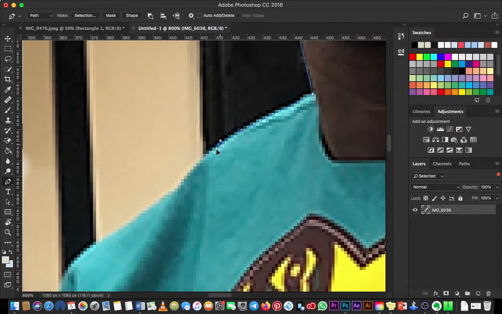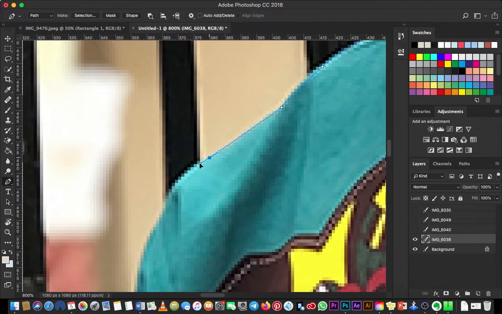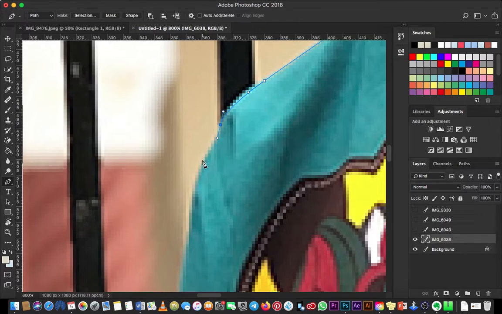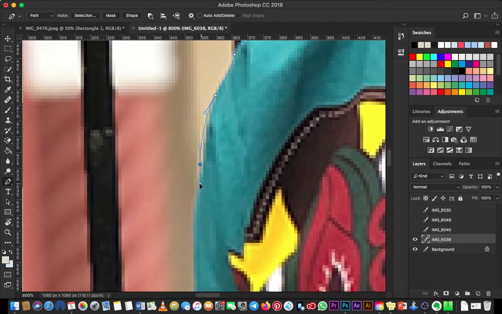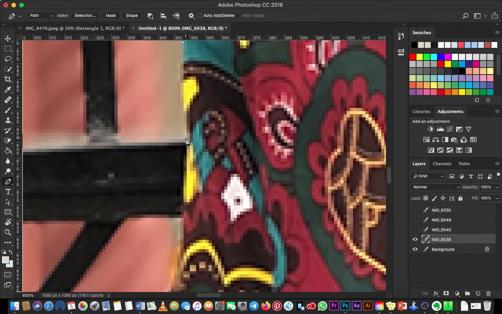Alright, so as I said earlier on, this picture is very easy to edit. The lines are straight, no crooked lines. So I'm just following the lines or the shape or the outline to just get the picture out of the background. So you can also follow with your image,